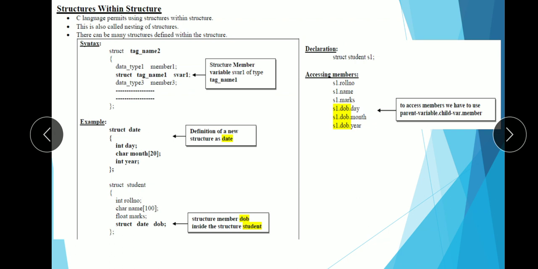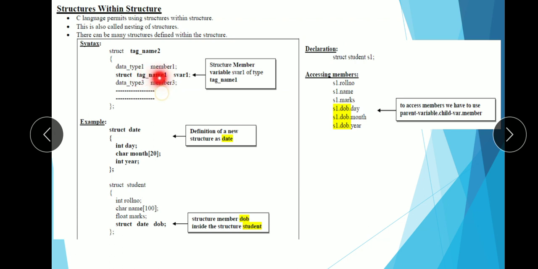Let us see the syntax for this structures within structure. The syntax looks like this: struct tag name 2, then data type 1, member 1. Here you can see that one more structure is the member of this particular structure.